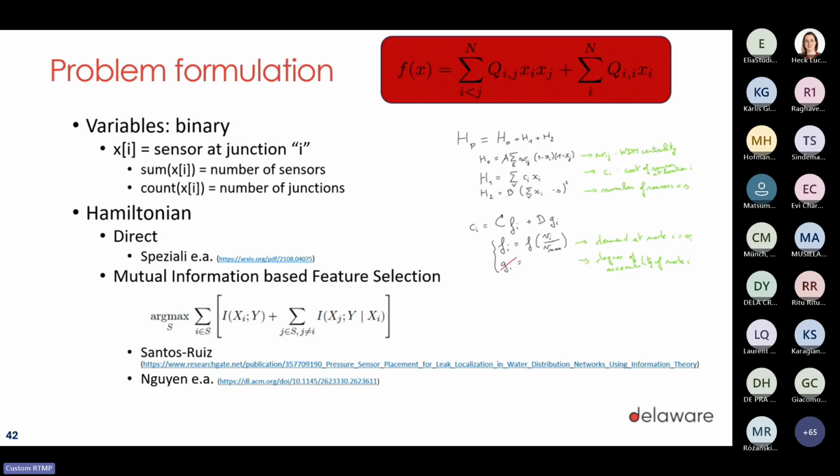First of all, you have to decide what your variables are. That's a very important decision already to take. In this case, this was very simple. The axes are just the junctions of each and every pipe, or a potential location for having a sensor. And it is a 1 if the sensor is there, and it is 0 if the sensor is not there. So capturing that kind of logic and that kind of variables was pretty simple. That was the first step.